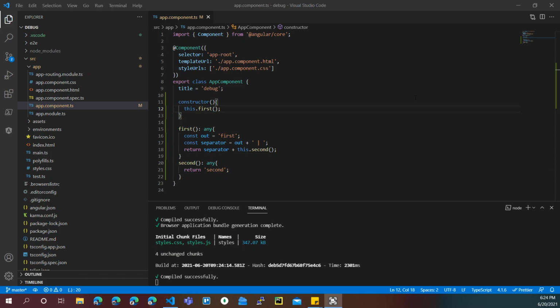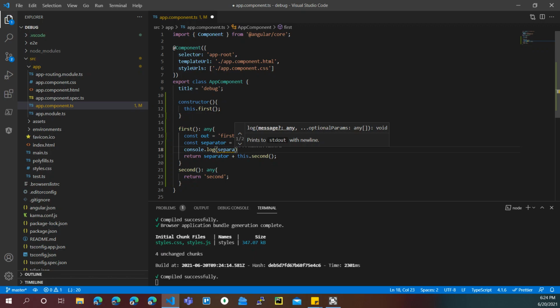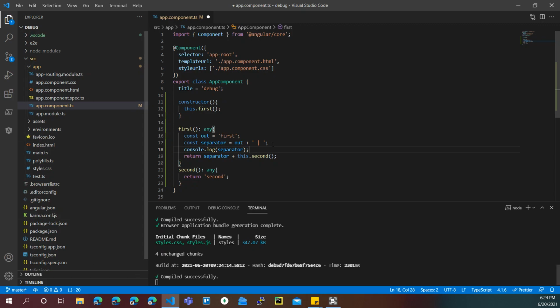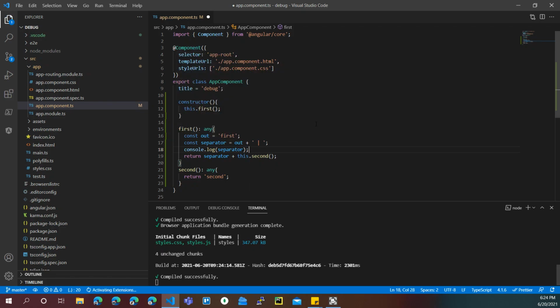Hello everyone. In this session, we learn about how to efficiently debug your code. First of all, when you usually want to debug your code, you use console.log to print out the values of your variables and then understand what is happening in your code. This process is very inefficient because you need to rerun your code from scratch again and again. So now we learn how to debug your code efficiently in VS Code.